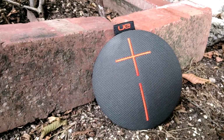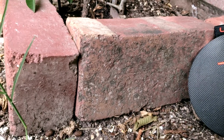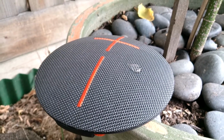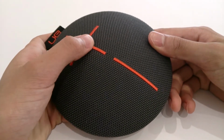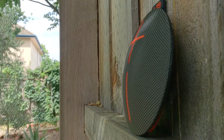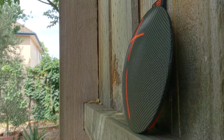For a casual user and music listener like myself, the UE Roll 2 is certainly a product worth considering. Its small size and durability means I can take it anywhere without having to worry about it getting dirty or breaking down due to water. Its 360 degrees circular design contributes to the clear sound quality, making it useful for large rooms and parties. I would recommend the Roll 2 to anyone who is looking for portable outdoor speakers, which also have a colorful